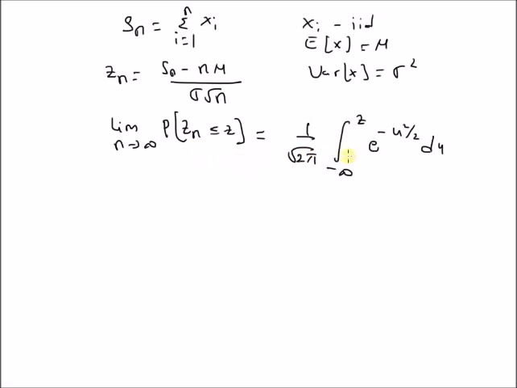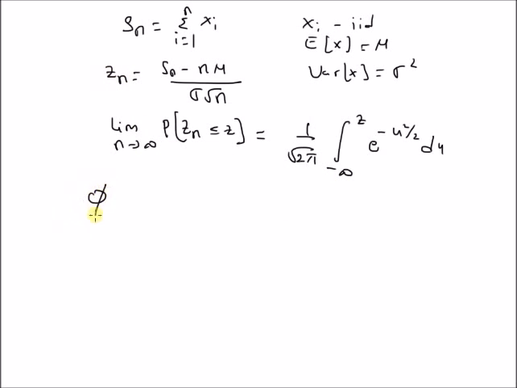The standardized form of the sum of n independent random variables will basically approach a normal or Gaussian distribution, a standard Gaussian distribution, as the number of random variables goes to infinity. That is, as the number of observations goes to infinity, the standardized sum basically becomes a normal random variable. So in order to prove this, let us start with the characteristic function of this Zn, which is